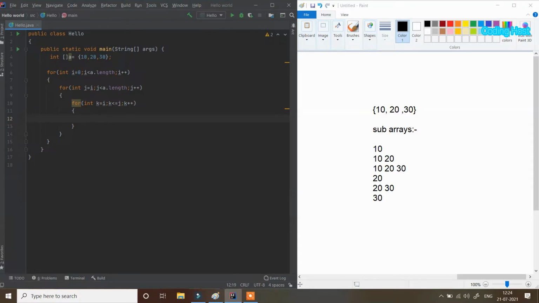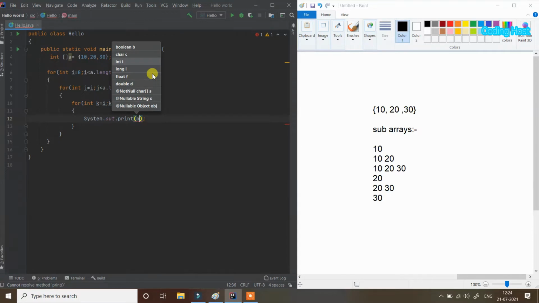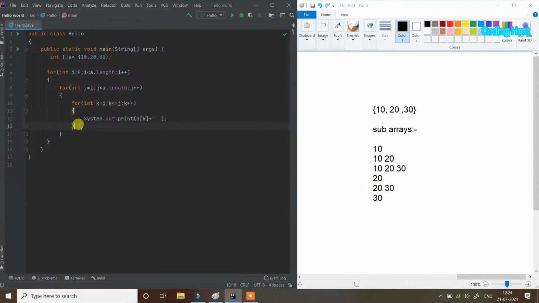So I will use a print statement here, System.out.print, and here I will write a of k plus a space. And outside of this for loop we will use a println statement, so we can go to the next line to print the other elements.